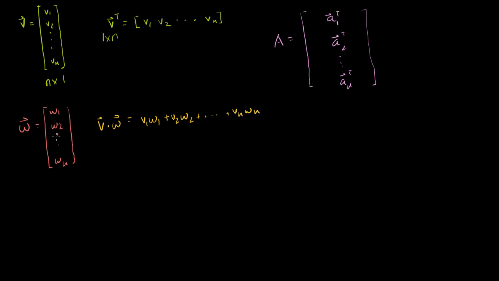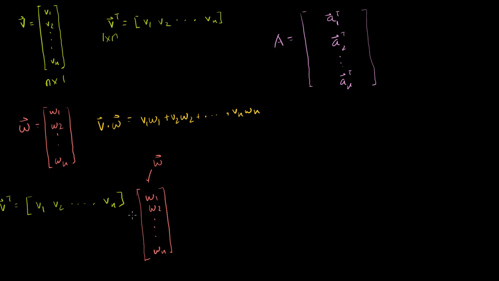Now, how can we relate that to maybe the transpose of v? Well, we could take the transpose of v. Let me write it this way. What if I did a matrix multiplication, so I did v1, v2, all the way to vn. So this is v transpose. And I take the product of that with w. So I have w1, w2, all the way down to wn. Now, this is w right here.